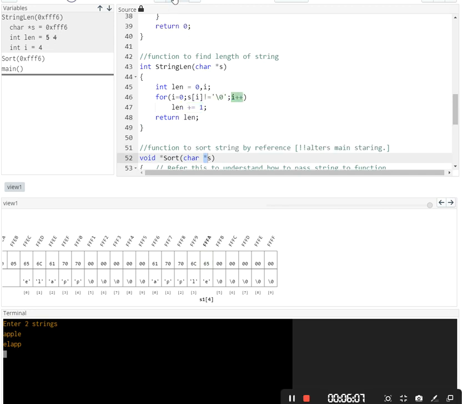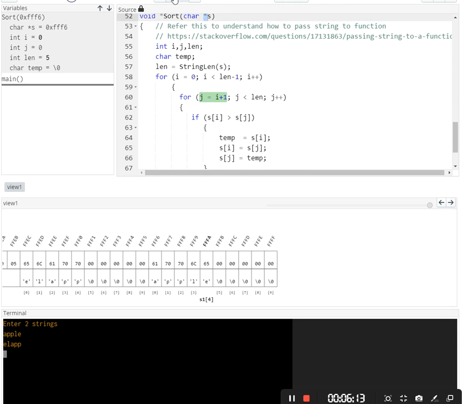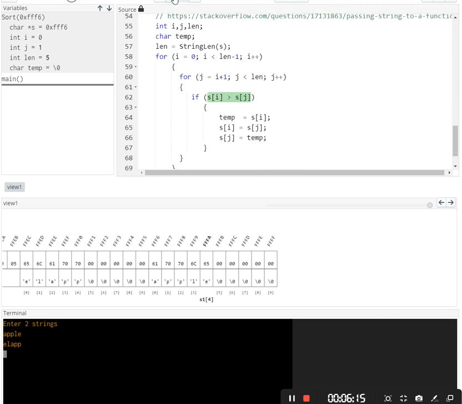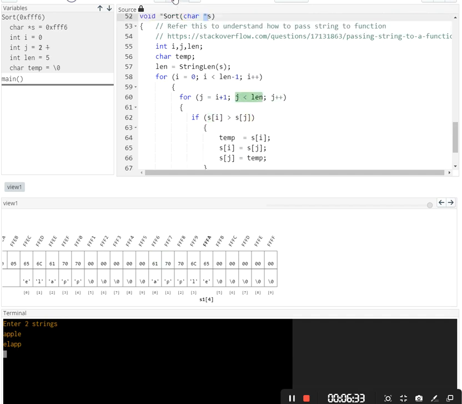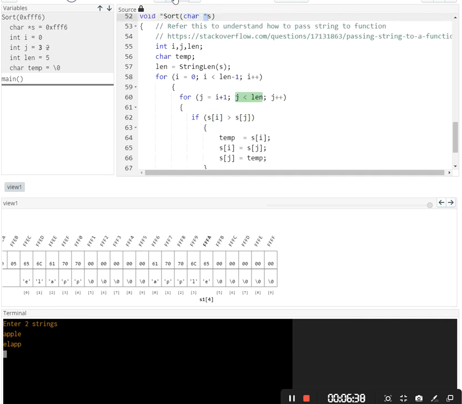Yeah, \0 is detected. So now length minus 1, then for loop. Now it is for sorting. Sorting means it is just comparing this one with this one. Then if it is greater, it will change its position. So here we see now APPLE becomes A, then comes this one, L, E has to, now it is just compared.